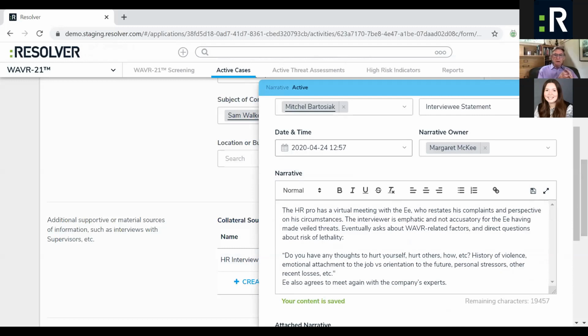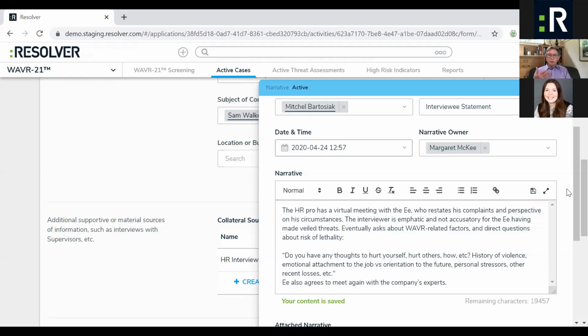And many people will talk about what their grievance is. So a longer meeting was held, and this was a virtual meeting, of course, in these days, and this is what occurred. The HR pro had this virtual meeting. He restated his complaints, his perspective on his circumstances. The interviewer was empathic, not accusatory. Doesn't mean you minimize the seriousness of making a veiled threat, but then ask eventually